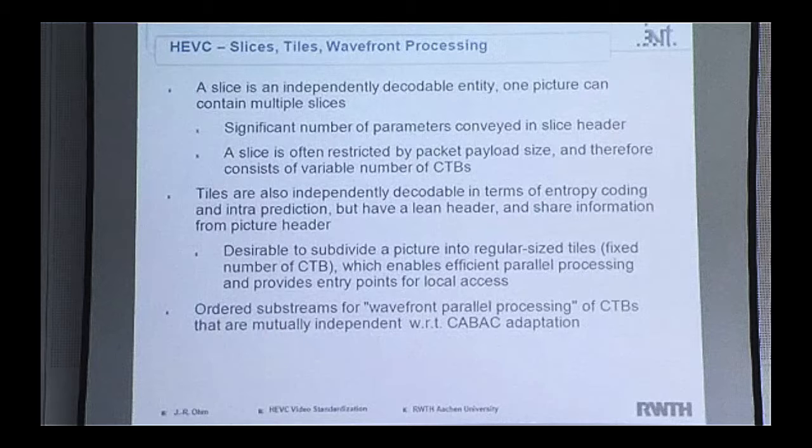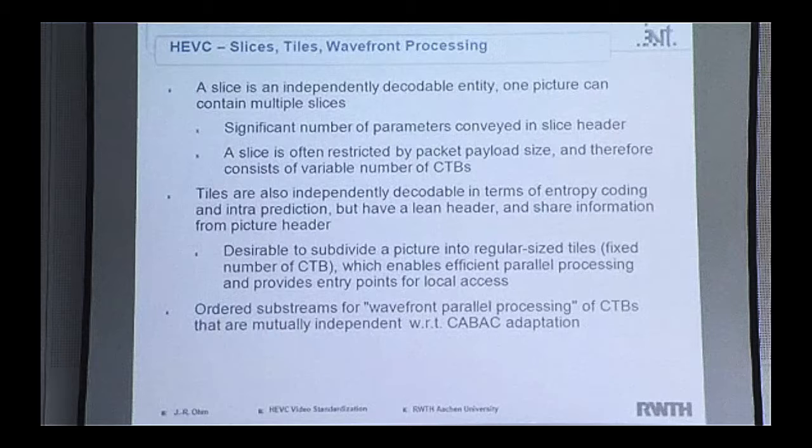You may have heard, and if you look into this article, it's telling you that there's a third processing element called adaptive loop filter. Adaptive loop filter was investigated, but in the current specification we have not included it. It appeared to be a little bit too complex for the benefit it gave.